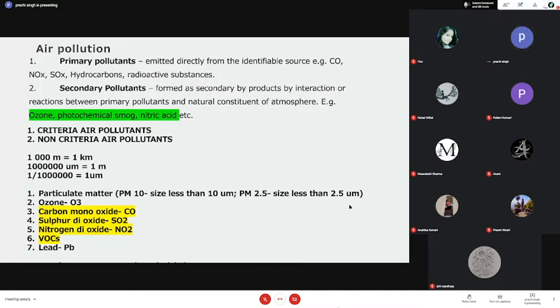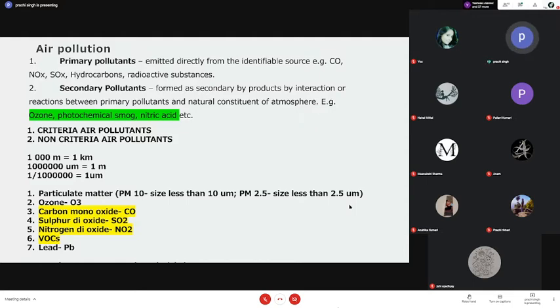Okay, and then of course there are volatile organic compounds. Now volatile organic compounds are formed from hydrocarbons. Although volatile organic compounds are also secondary pollutants. ठीक, because we remember that when we were studying the photochemical smog reaction, the nitrous oxide free radical reacted with the hydrocarbons, which led to the formation of PAN, peroxyacetyl nitrate, and volatile organic compounds. Now volatile organic compounds, नाम से ही समझ में आ रहा है कि ये है तो organic compounds but in a volatile form, यानी कि vapor form में है. And that is why they are suspended in the air and form part of your air composition. And of course, organic compounds are very harmful because they are a big part of your chemical industry.